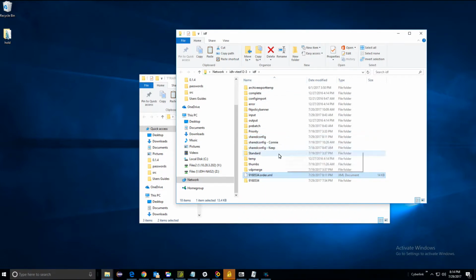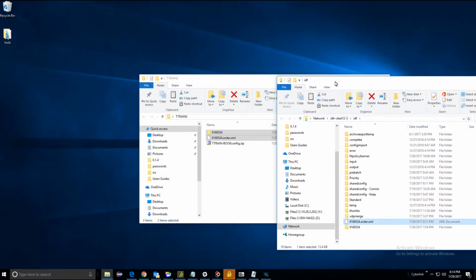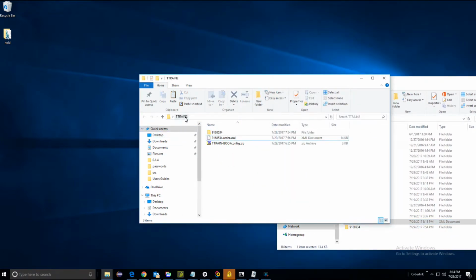Well, actually, I take that back. Let's not close the IDF share just yet. We may need that, so we'll set it off over here. Now, back in the folder, in my T-Train2 folder, where we extracted the zip file, we have this file called